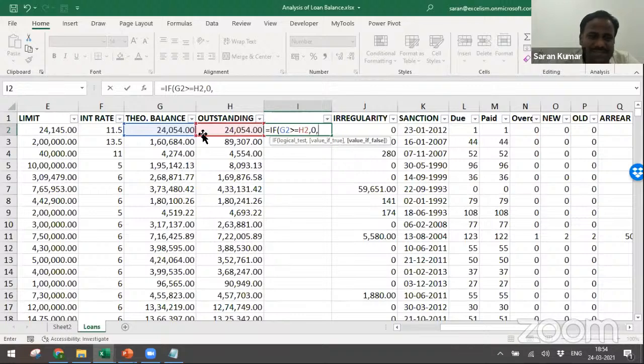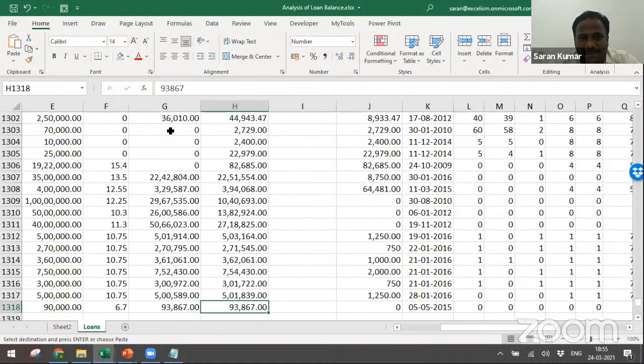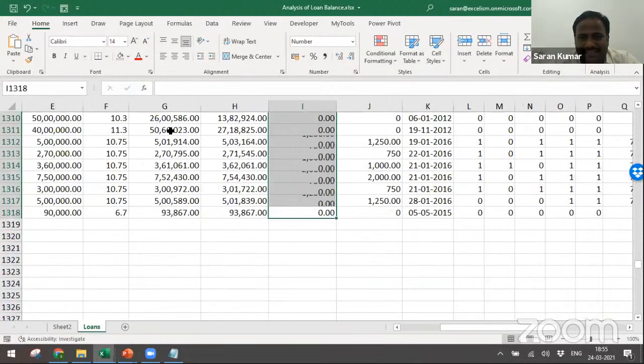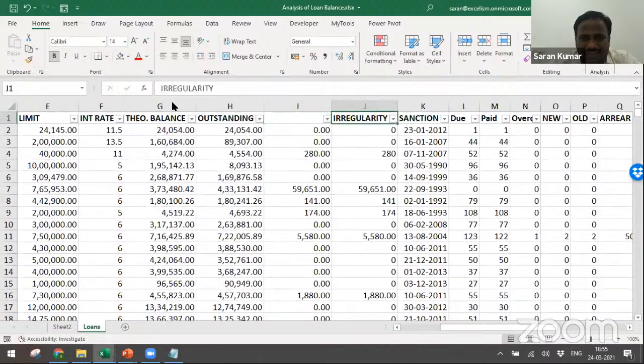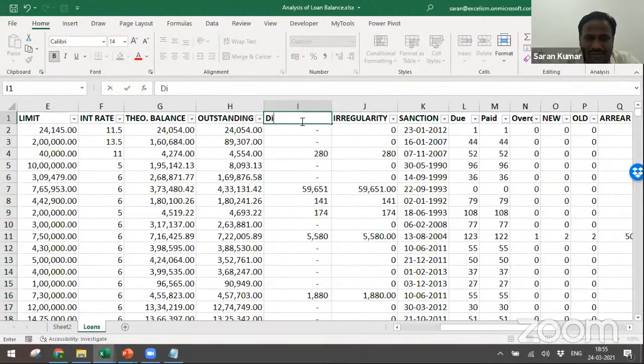If not, that means theoretical balance is less than outstanding, then there's a problem. What is the problem? You need to check outstanding minus the theoretical balance. Close bracket, enter. Okay, so copy and paste. This is nothing but the irregularity calculated. Okay, so validation controls are very important. Why are the validation controls very important?